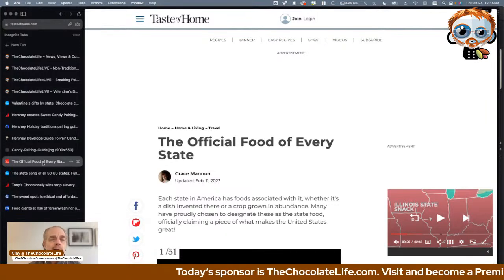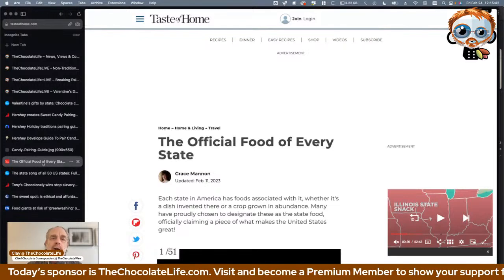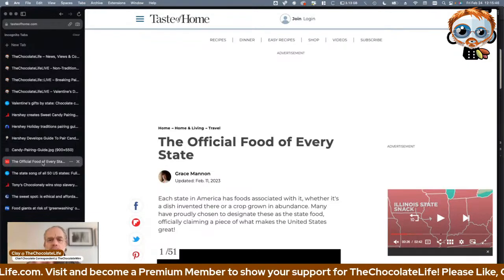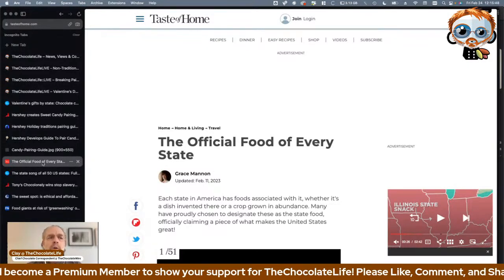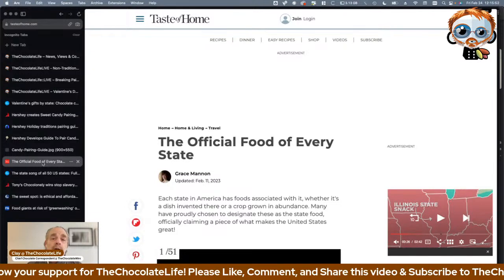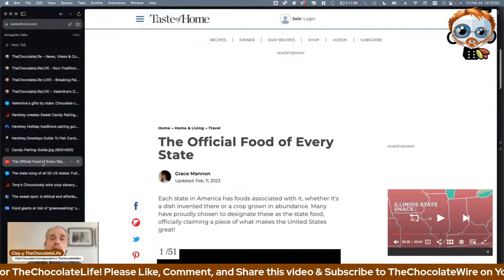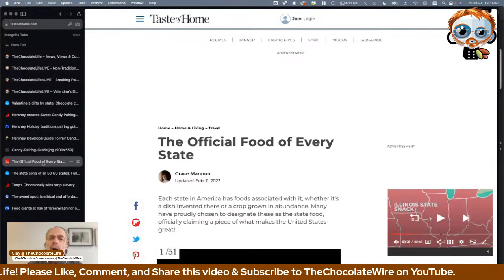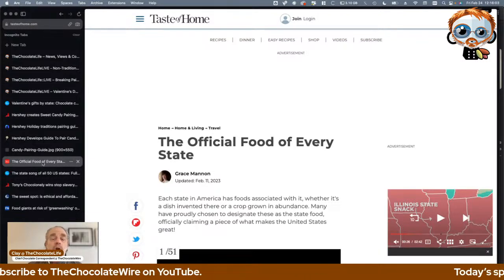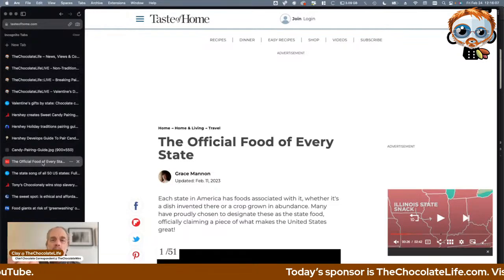So bresaola is an air-cured beef. I would take slices of this bresaola, which are normally fairly round, and cut them in half, so I got a semicircle. I would put a little goat cheese on the bresaola, then a couple of baby arugula leaves, and then some shaved dark chocolate. And then I would roll it up, like a mini sushi hand